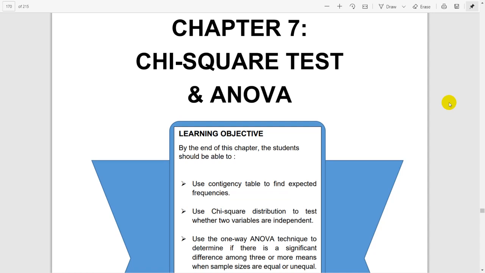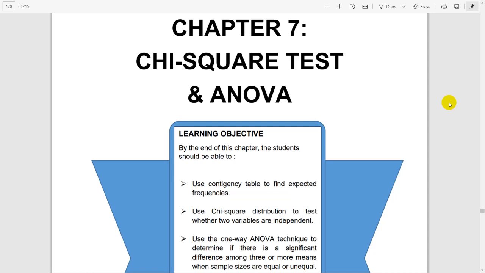So for this week we are continuing our statistical methods. In the end we are going to come to this last chapter, chapter 7, the chi-square test and ANOVA test. So yang ni adalah topik kita dan chapter kita yang terakhir untuk this subject. There are two subtopics in this topic, which cover the chi-square test and ANOVA test. So for these two we are combining into one chapter 7, because the method is similar,